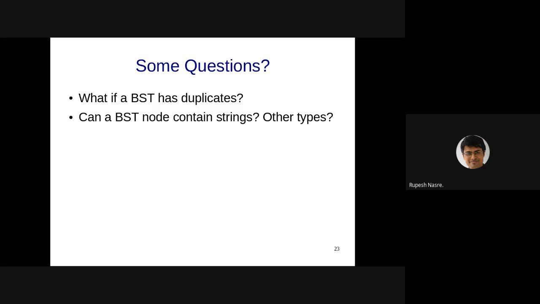Unless you want to have that as, let's say, mobile number, where the same student might have multiple mobile numbers, in which case it doesn't make sense to have another node containing the same roll number. You are right that you can have a counter or an array for the other parameter, which you can go on changing as you insert a particular mobile number for the same student. That should be okay.